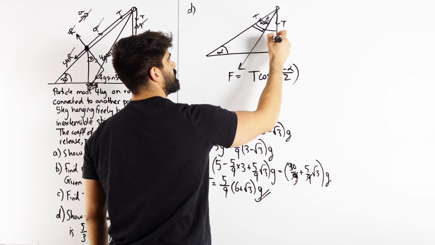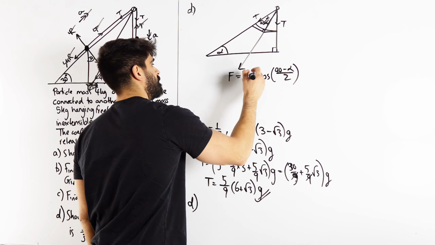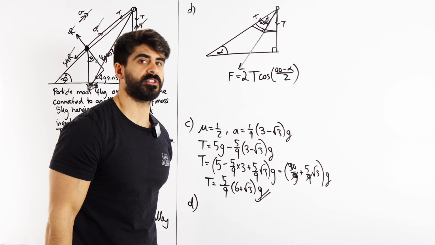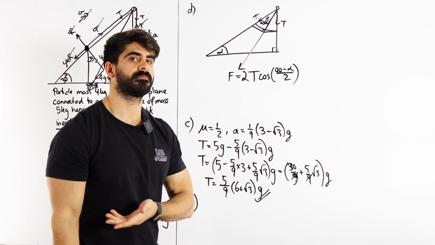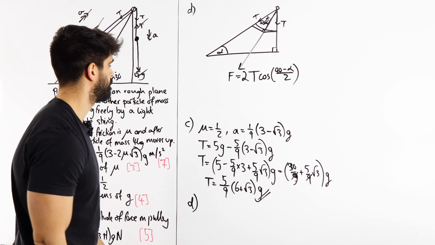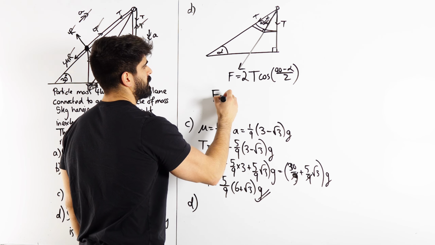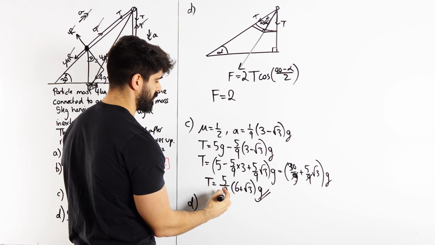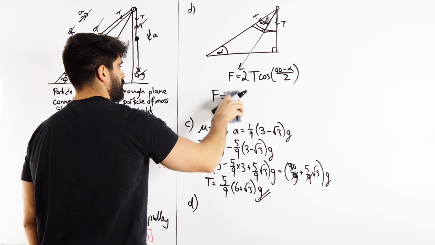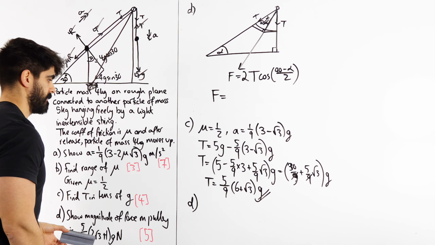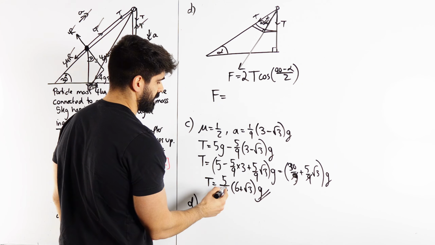But then we have to do it for this T as well. It's going to be 2T, and that's it. This is what I recommend you guys remember. Okay, you can derive it super easily, but if you could just remember it, you're sorting your life out much simpler. Now, alpha in our case is 30. So F is 2T, which is this, which actually I can just do it now. And this will make me realize if I've actually done this correctly or not for part C. If I double this, I get 10 over 9